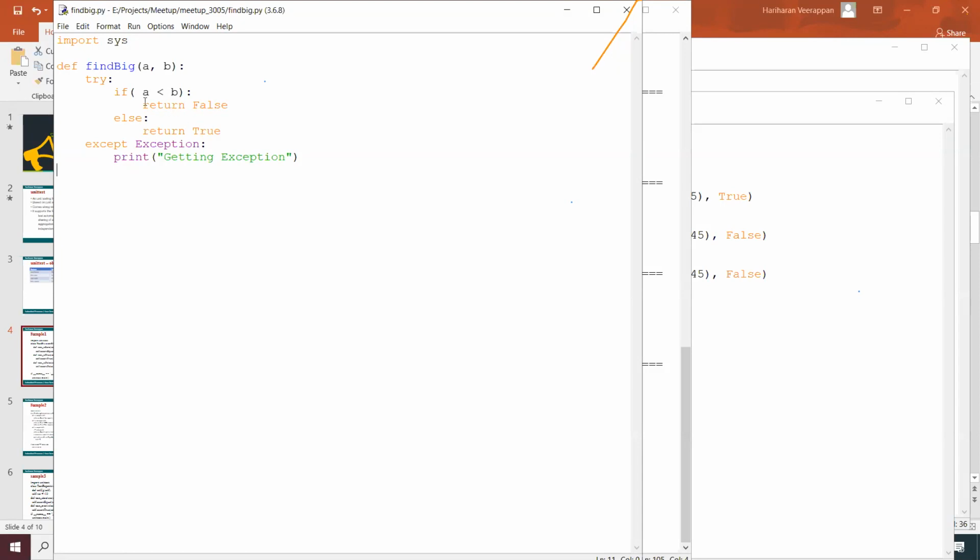Since 45 is not less than 45, it does not come here, it comes to the else condition and it goes true. If I change this to A greater than B, it will return true, and in case of either condition, it will return false over here.